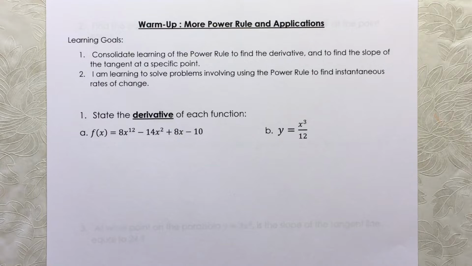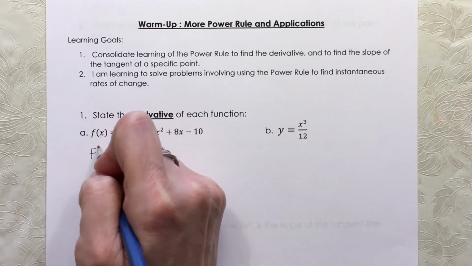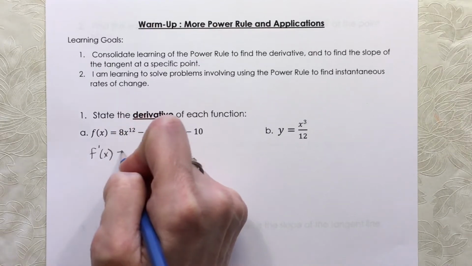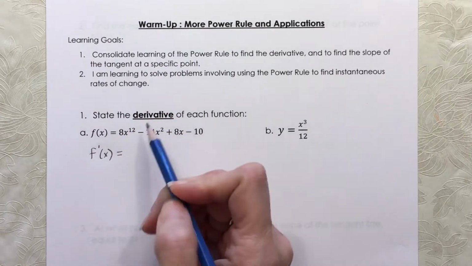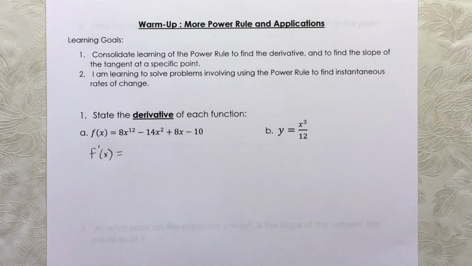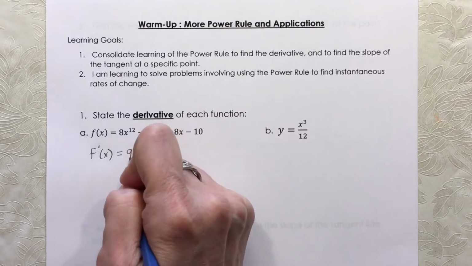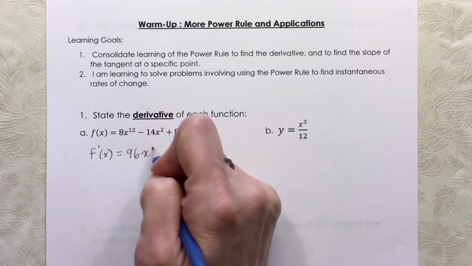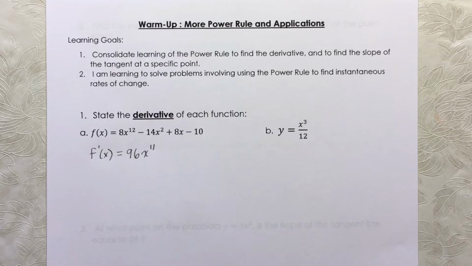So in our first question, state the derivative of each function. So we're given the function f at x and we want to find f prime at x using the power rule. So if you remember from Monday, we learned that you take the exponent, multiply by the coefficient. So 12 times 8 is 96, x to the, and then reduce the exponent by 1, 96x to the 11th,